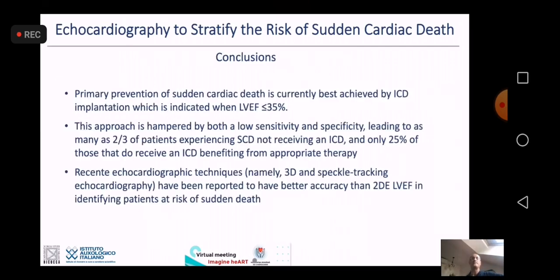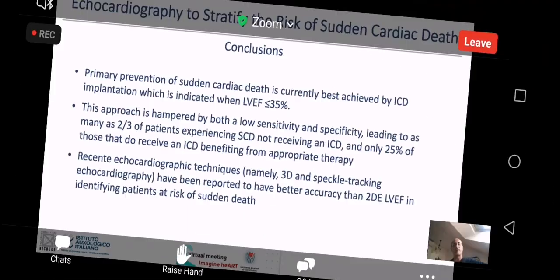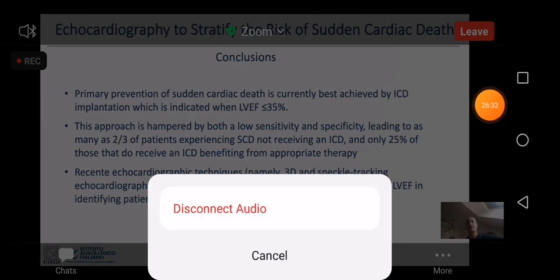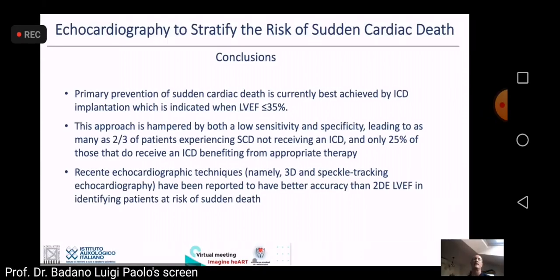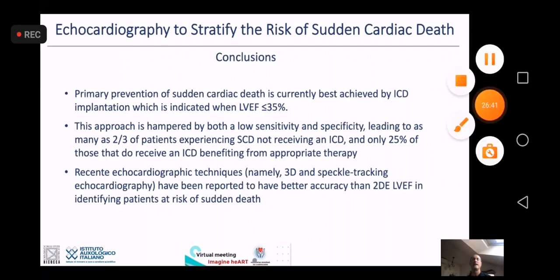So just to conclude, despite the primary prevention of sudden cardiac death is currently best achieved with the ICD in patients where the LV ejection fraction is less than 35%, we should